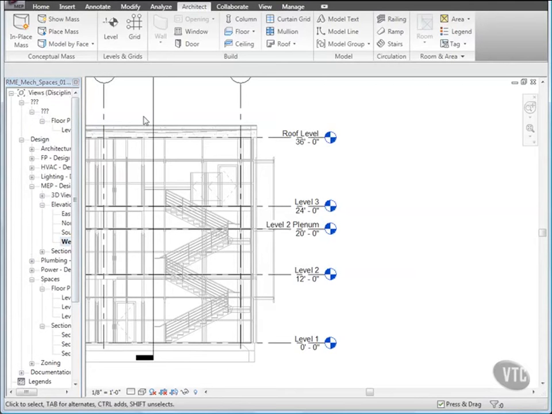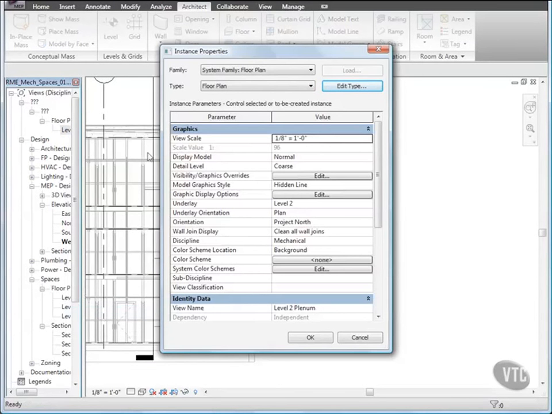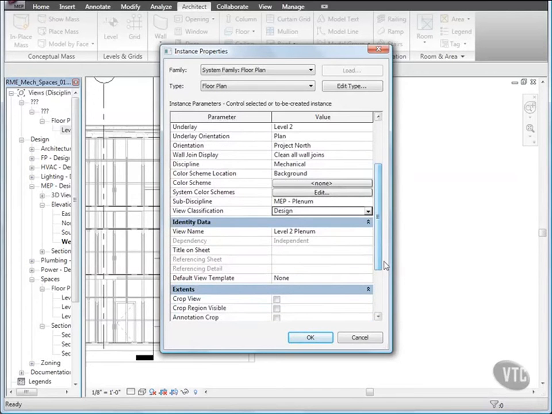Because we have not yet specified the view classification or subdiscipline properties, those categories in the project browser are listed as question marks. Right-click the view Level 2 Plenum and click Properties. In the Instance Properties dialog, for Subdiscipline, select MEP Plenum, and for View Classification, select Design, and under Identity Data, for Default View Template, select Plenum Plan,